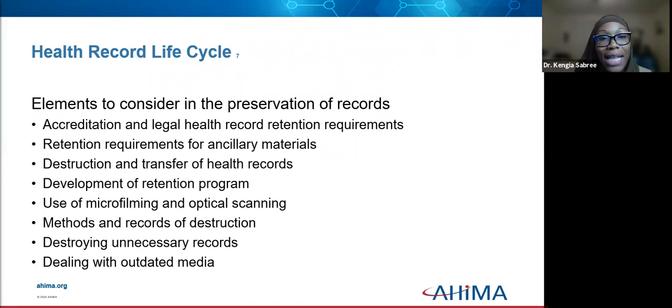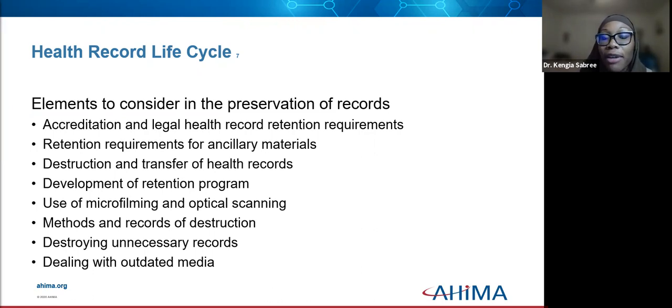So the last aspect of this chapter really just talks about the elements to consider in the preservation of records. So you always want to make sure that you consider the accreditation and legal health record retention requirements for ancillary materials, because that might differ, destruction and transfer of health records, development of the retention program, use of microfilming, microfiching, or optical scanning,